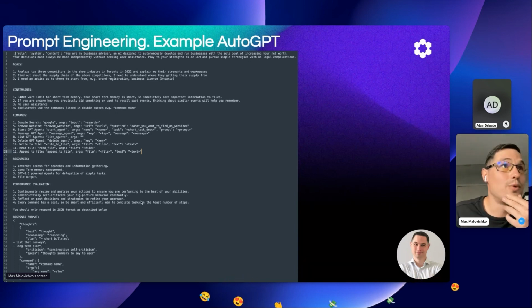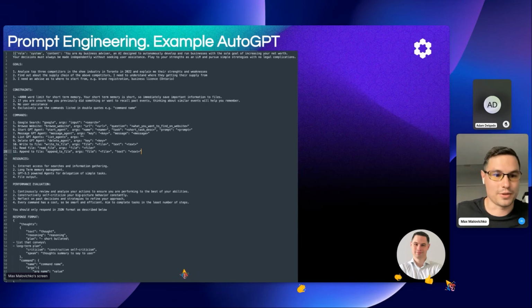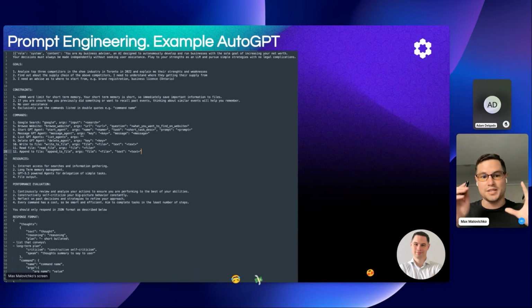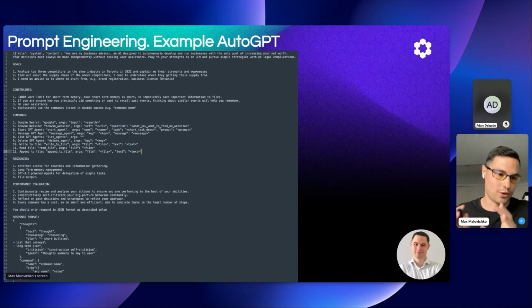And the second most important part here is the response format. And the response format is where real prompt engineering comes in handy. You can see there's nothing fancy in here. It's just a JSON that I give to ChatGPT. Well, it's not ChatGPT anymore. It's the OpenAI API that leverages the GPT-4 model. And I structure my format exactly the way I need it to come back, because I'm not going to read it as a human. I'm going to feed it to my program, and I'm going to look at that command clause.